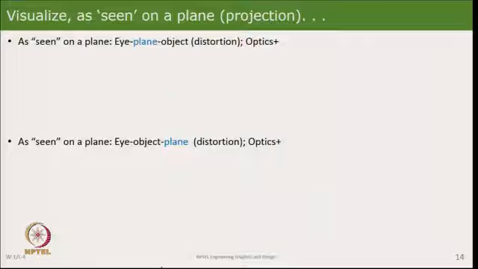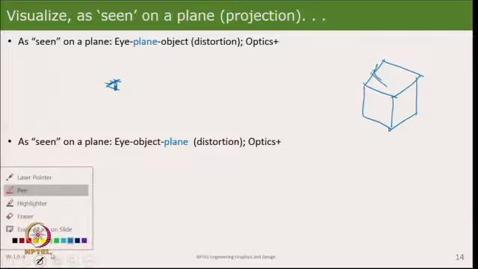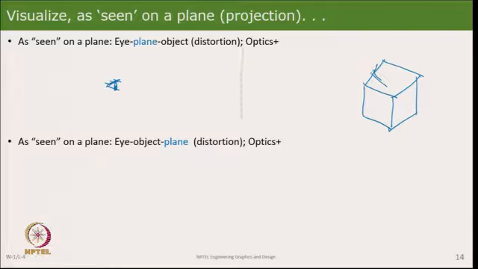We now look at 2 other techniques by which we can visualize. One is that we have an object there, and we are looking at it over here. But what we do now is something slightly different. We place an imaginary or a real transparent sheet between the eye and the object, and then we say, well, as we see it,